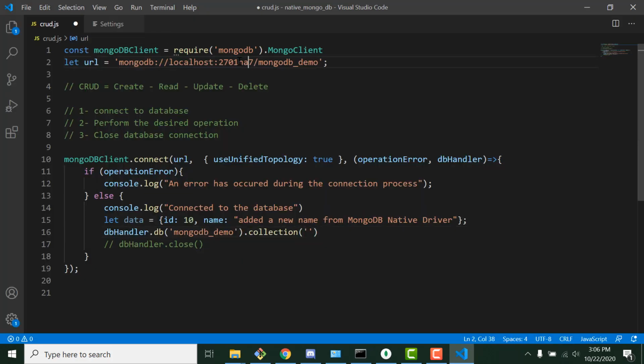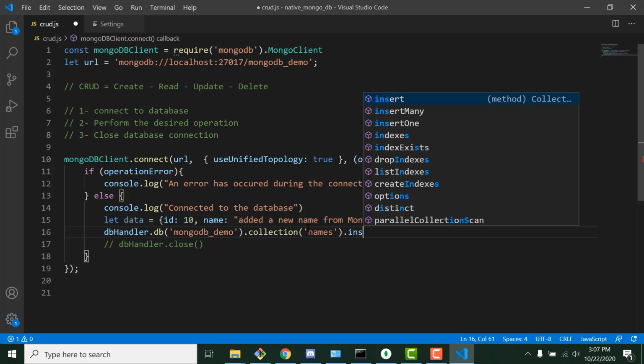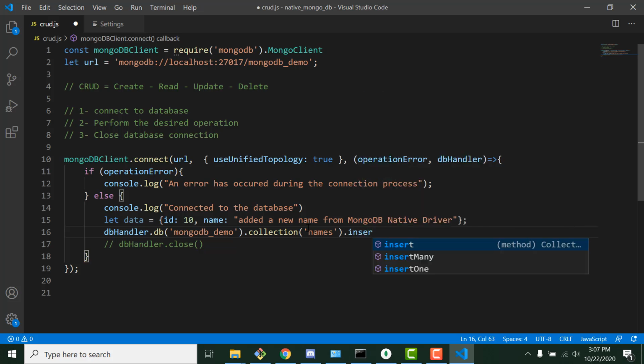So I would do here names, and from here what I should do is insert, and as you can see, there's insert many and insert one. For now, I'm going to focus on insert one because I wanted to enter one specific record. So in here for insert one,